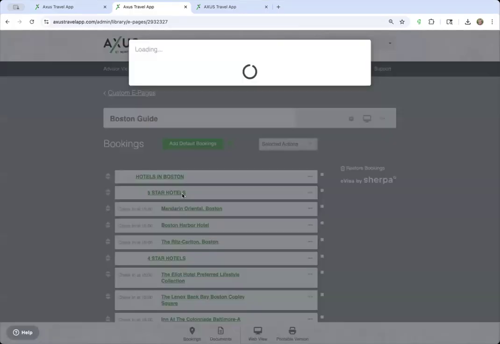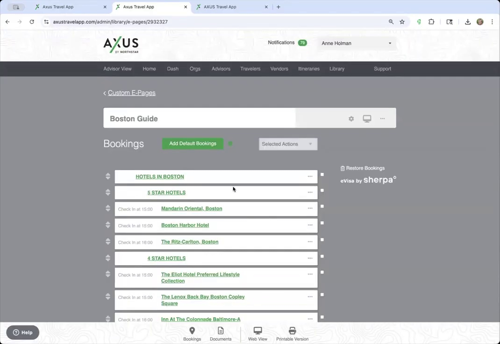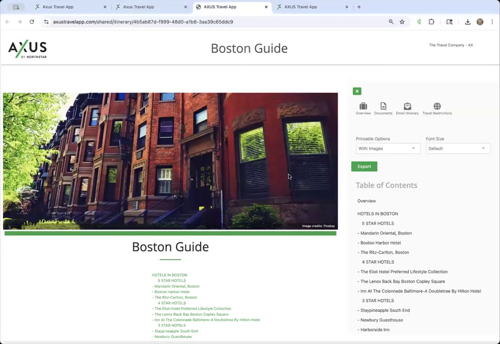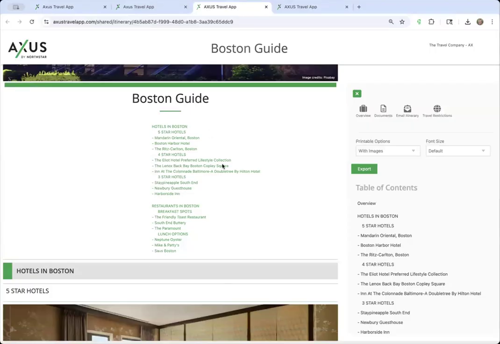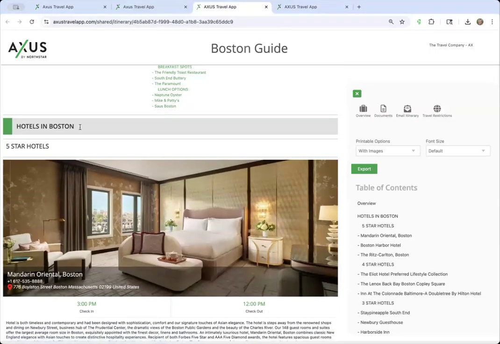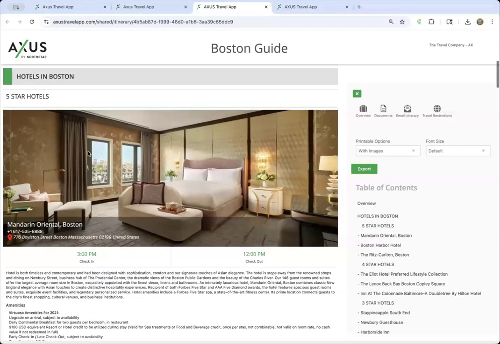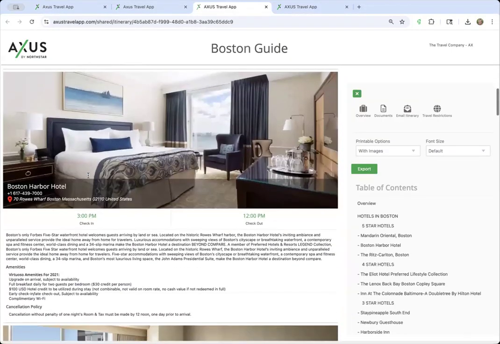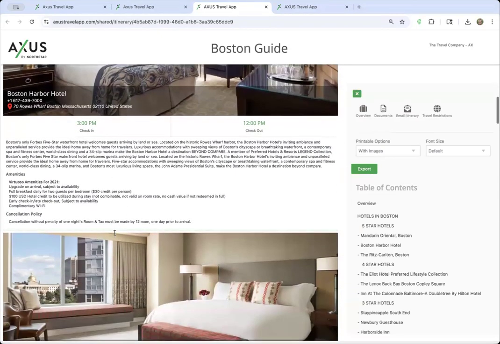And then my hotels. So let's look at visually how that comes out. So I have my image here, a table of contents, my header and subheader, my first hotel. So here brings in my check-in and check-out times, a little summary, amenities, cancellation policy,